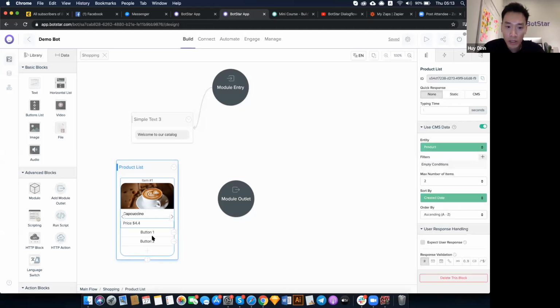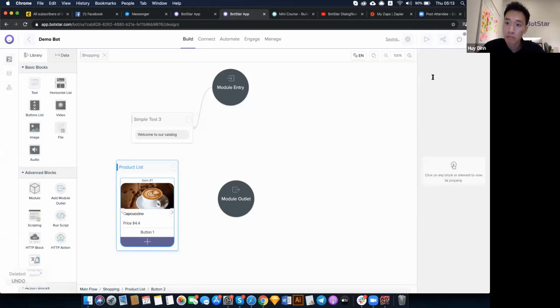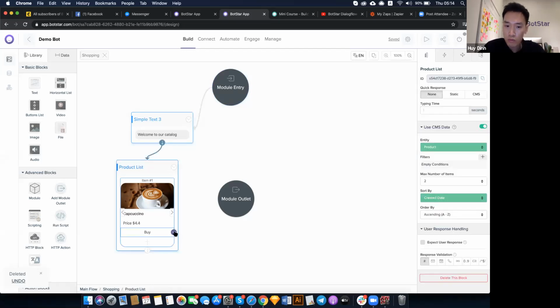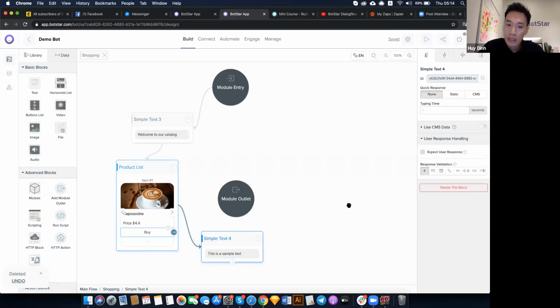So we have 2 buttons here, so I'll probably just need 1. And then I'll call this one buy, for example. So I'll connect this block to this block here. And I'll also, we need to have a confirmation block, right? So I'll just put this one here, and I'll probably put in thank you